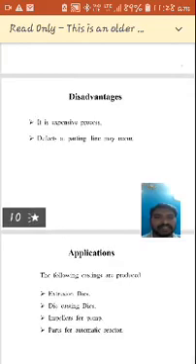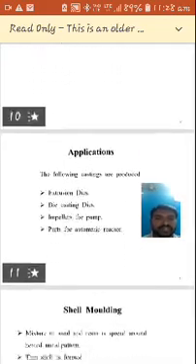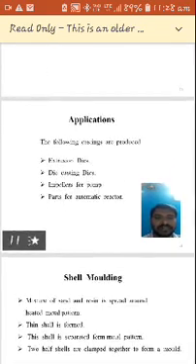It is an expensive process. Defects at the parting line may occur. Okay, so applications. What do you have? A few applications with this ceramic molding. Here, this ceramic molding can be applied in various